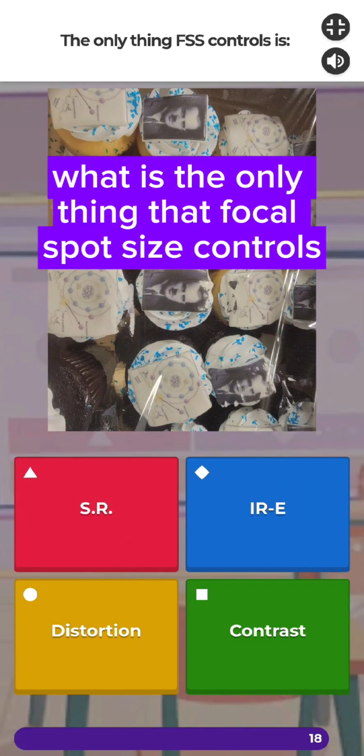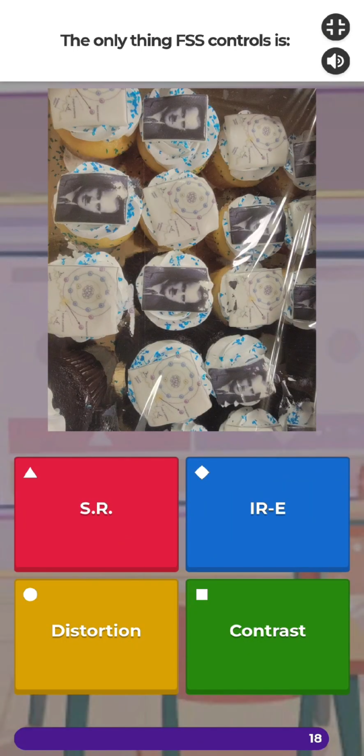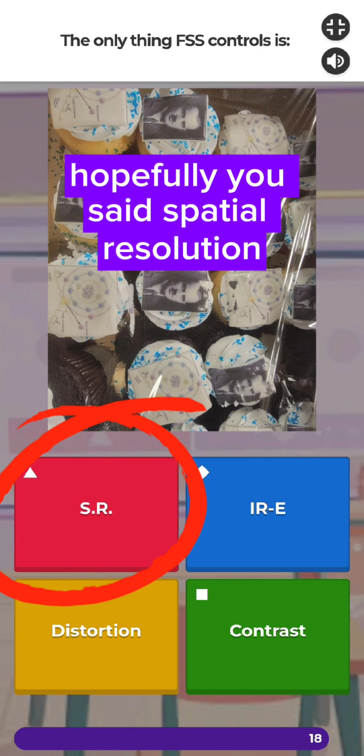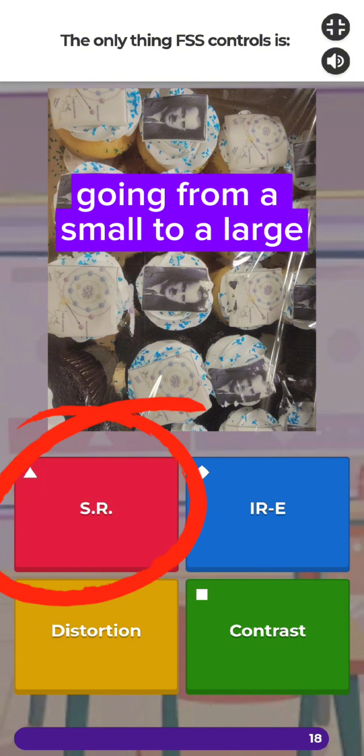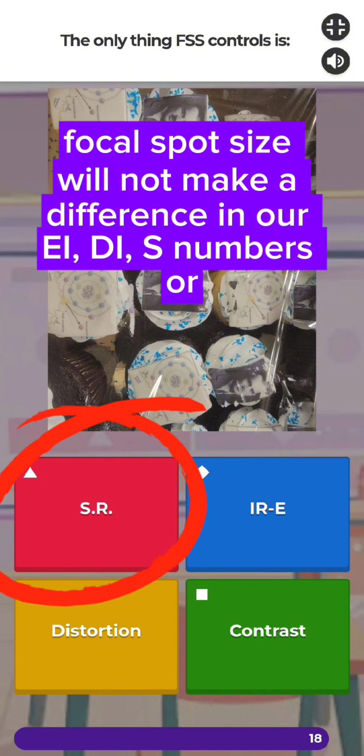What is the only thing that focal spot size controls? Hopefully you said spatial resolution. Focal spot size has no effect on the IR exposure. Going from a small to a large focal spot size will not make a difference in our EI, DI, S